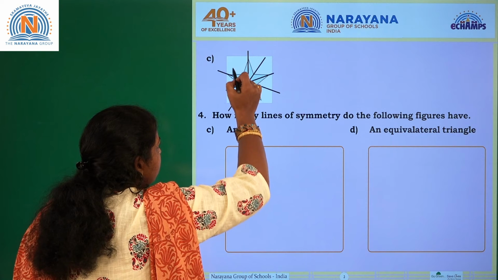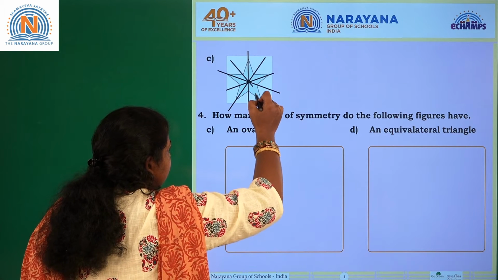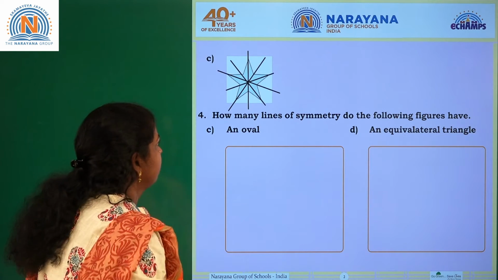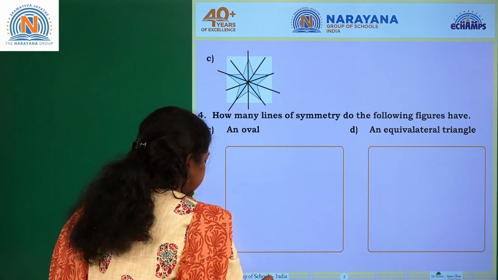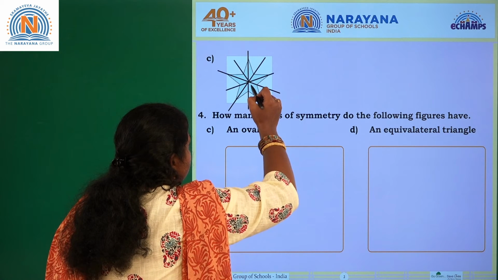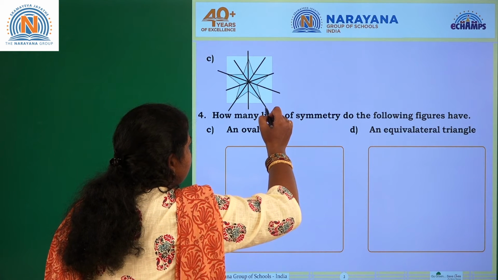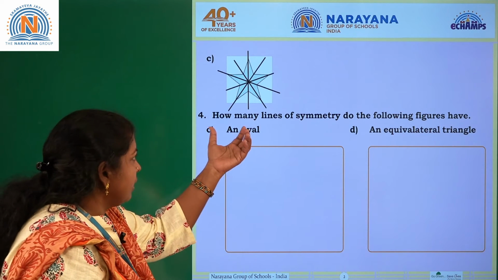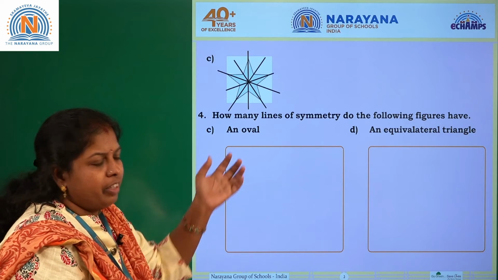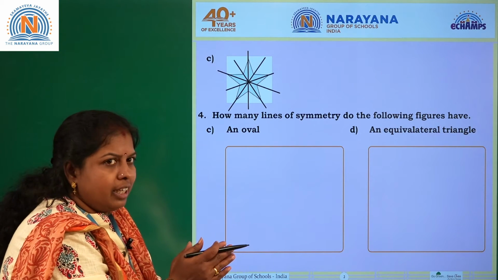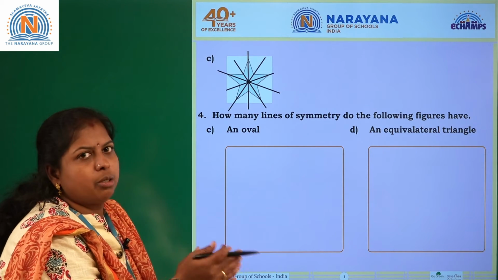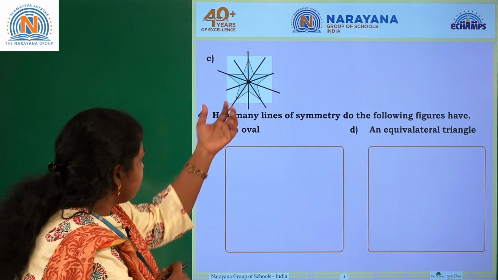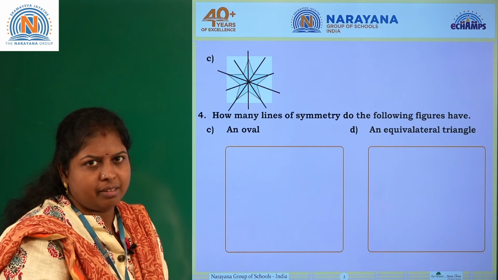While drawing, don't move your pencil or pen, whatever you are considering, children. Shall I draw like this? Yes. This is another symmetrical line. This is how you have to draw the symmetrical lines for the given picture. Wherever you draw the line, after drawing that line, you just look at the picture. Both sides should look the same. Then that will become the line of symmetry. And like this, I can draw these many lines for this star.